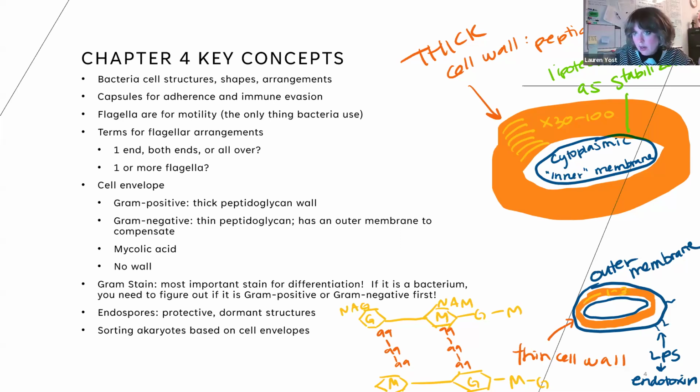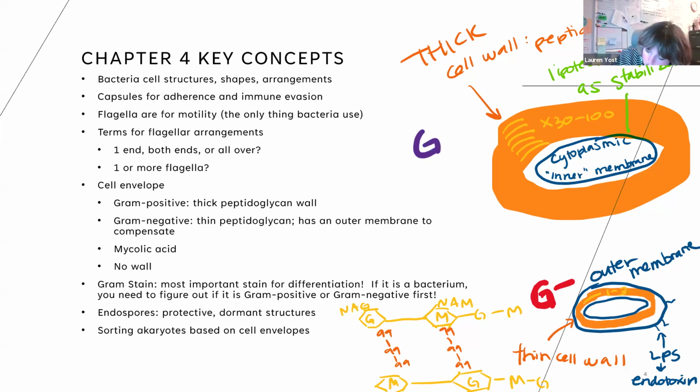And you're either a bacteria that has a thick wall, or you're a bacteria that has a thin wall and an outer membrane. There are some deviations from these, but generally speaking, those are our biggest groups: thick wall or thin wall with outer membrane. And as it turns out, thin wall with outer membrane, these are our gram negatives. I'll write it real big and thick because we're going to talk about it over and over again. And the one that has the thick wall